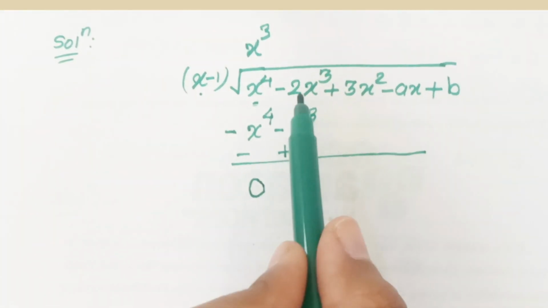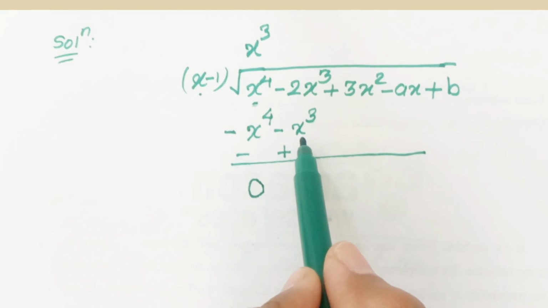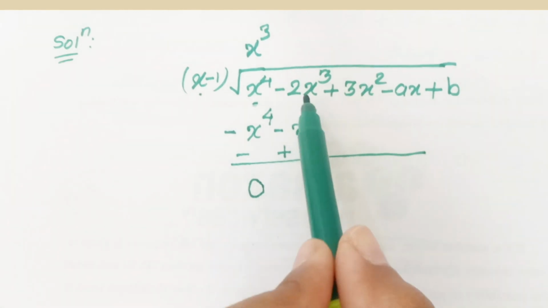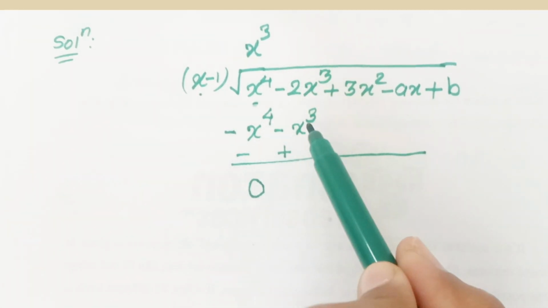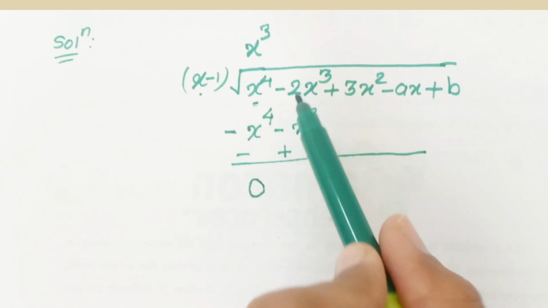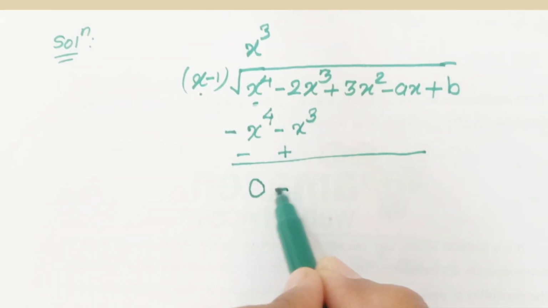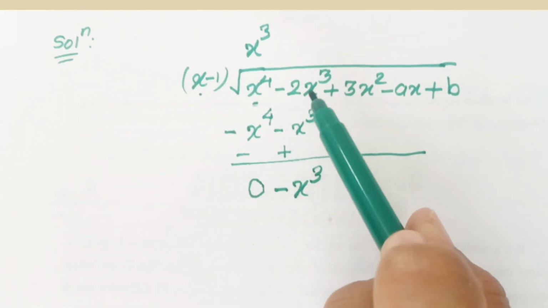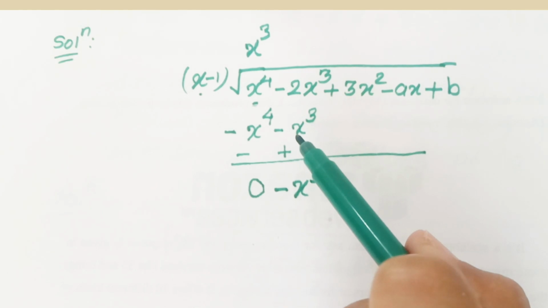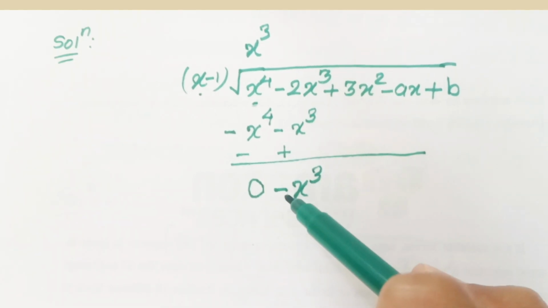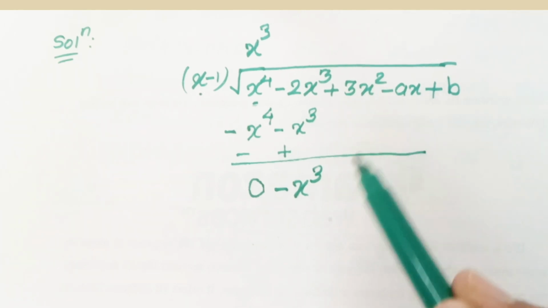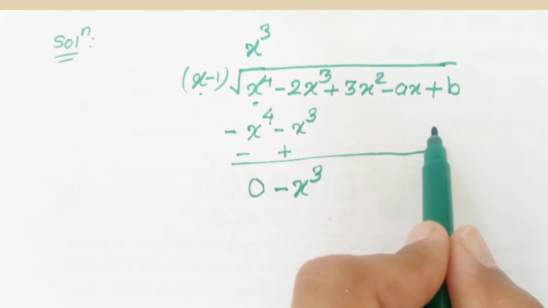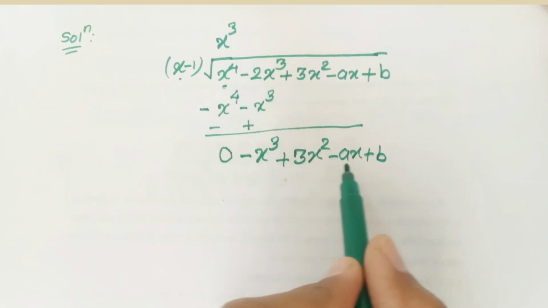Now the next term is minus 2x cube, minus of minus, here it is plus. So minus 2x cube plus x cube. If we are adding these terms, you have to take x cube common. So remaining is minus 2 plus 1, that is minus x cube. Just subtracting the constant term, here minus 2 or here plus 1, so minus 2 plus 1 is minus 1. Now the remaining terms we write as it is, because there is no term of x square. Now it is the updated term.